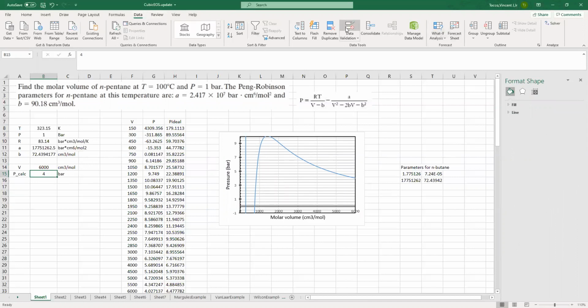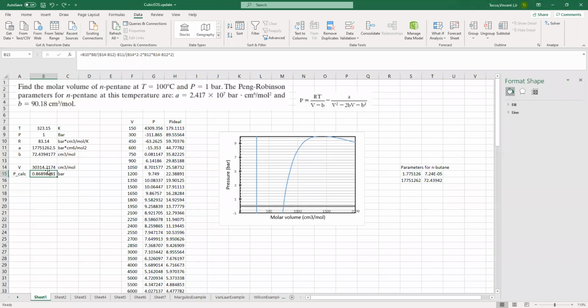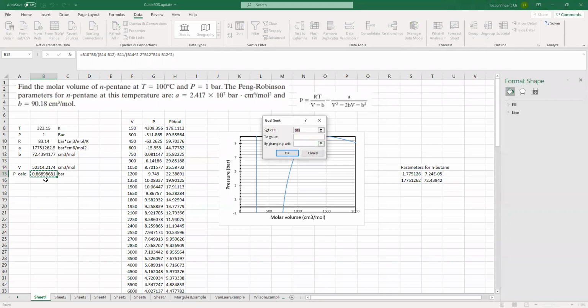So data goal seek is under what if analysis. Set cell to value of 4 bar by changing cell molar volume. Cell must contain a formula. Oh, set cell, wait, B15. What's going on? I got it. So this P had a formula in it. I changed it to a number, which you can't do if you want to goal seek. So now I'm going to goal seek that formula to be equal to a value of 4 by changing the